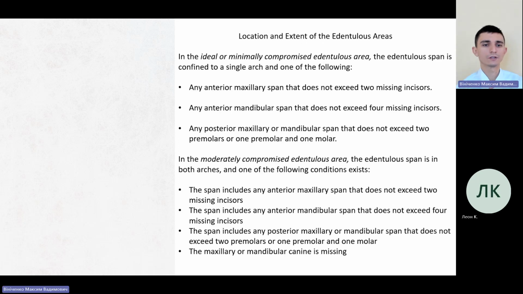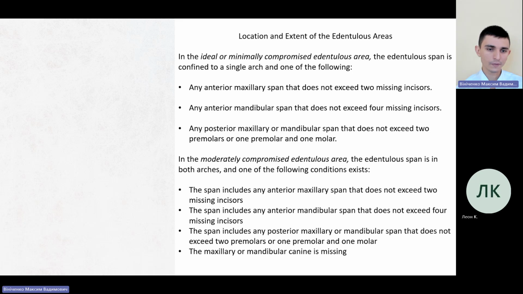Location and extent of the edentulous areas. In the ideal or minimally compromised edentulous area, the edentulous span is confined to a single arch and one of the following: an anterior maxillary span that does not exceed 2 missing incisors, an anterior mandibular span that does not exceed 4 missing incisors, and a posterior maxillary or mandibular span that does not exceed 2 premolars or 1 premolar and 1 molar. In the moderately compromised edentulous area, the edentulous span is in both arches, and one of the following